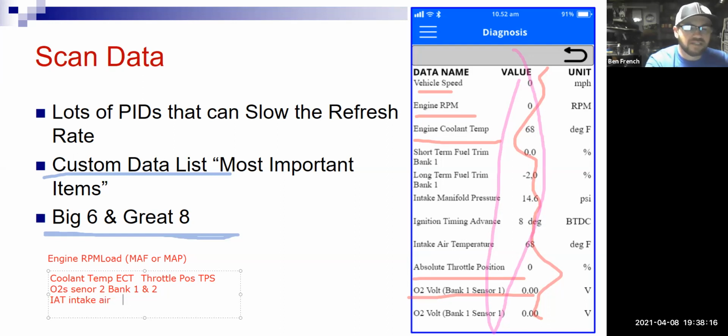I'm also going to look at fuel trim. And for that, it's short-term fuel trim and long-term fuel trim. And this can stretch out if I have a bank 1 and a bank 2. So that's how I get up to like 8 different parameters. But from these things listed right here, the RPM, the airflow, the throttle position, the O2 sensors, and intake air, and ultimately the fuel trims, those parameters by themselves will tell me a great deal of information of how